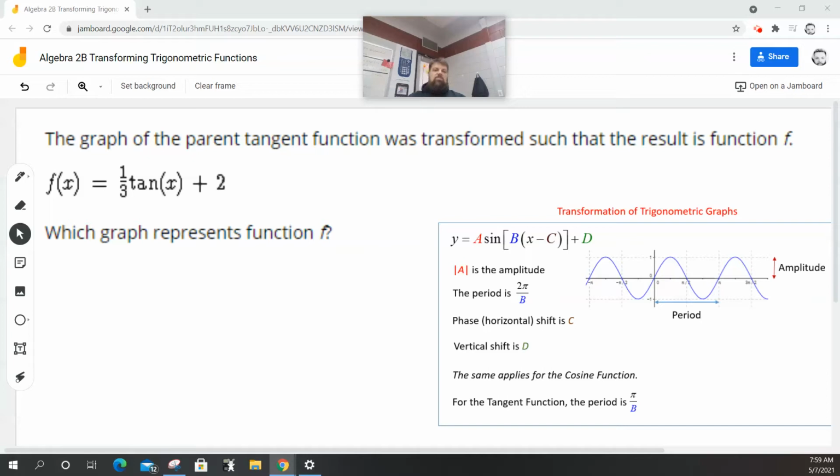It says the graph of the parent function was transformed such that the result is the function f. So these changes apply to tangent as well. So that means that the amplitude is a. Now, when we change the amplitude, that is a vertical